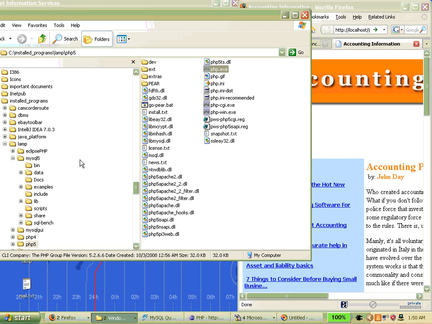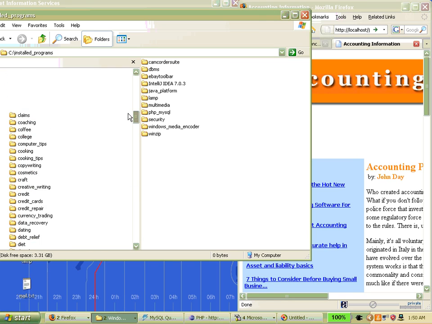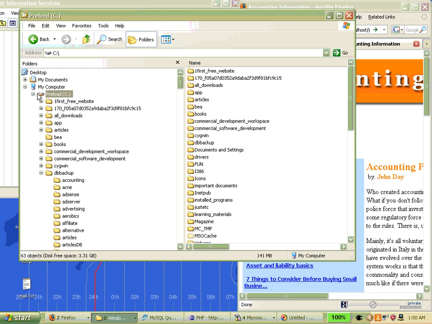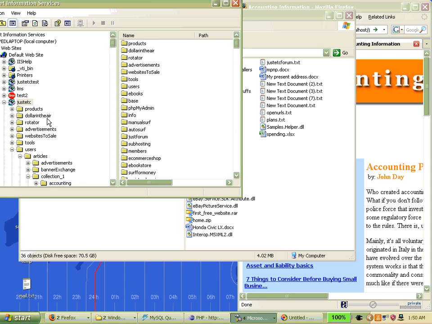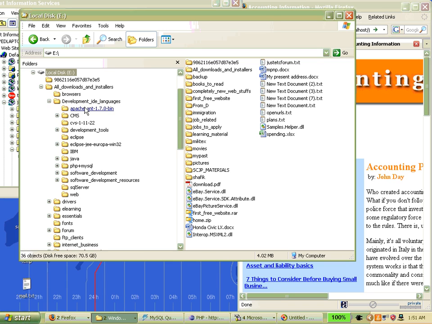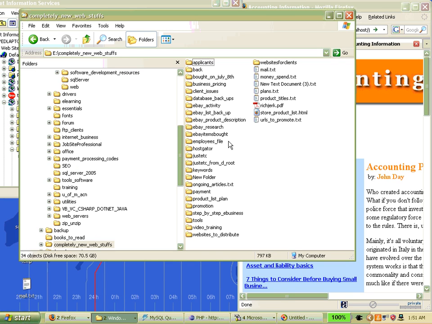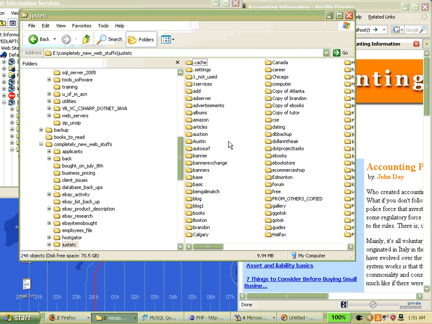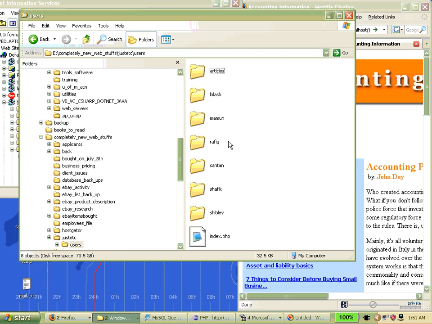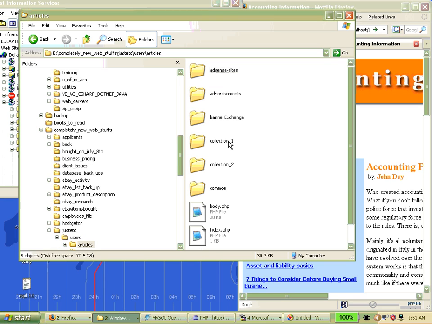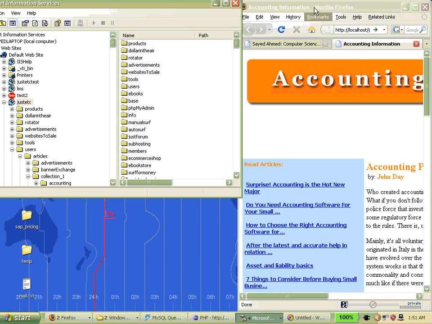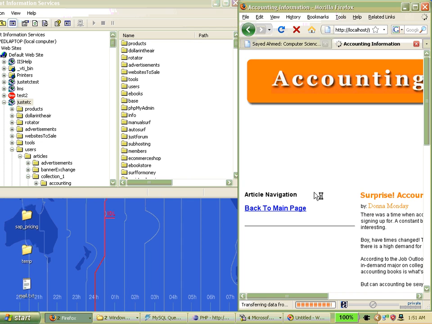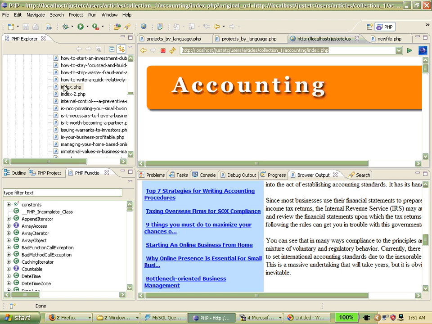And if in the hard drive you want to check, it will be also similar. We saw that the /etc in IIS points to E drive, completely new web stuffs, /etc. So there will be a similar sequence here. Accounting. So anyway, you can test it from the Internet Explorer, and also you can test it as part of